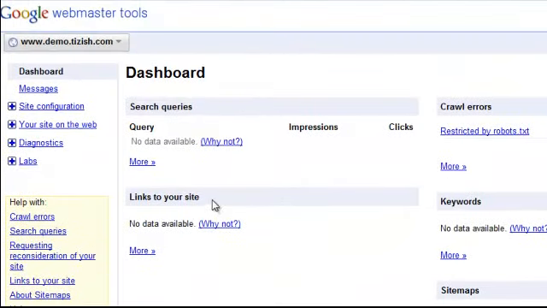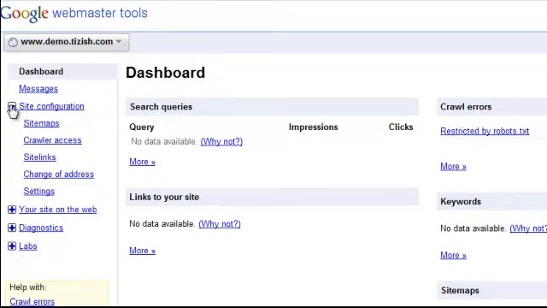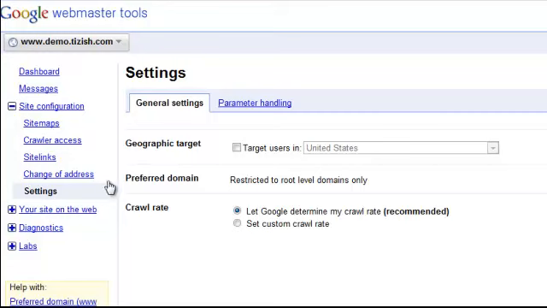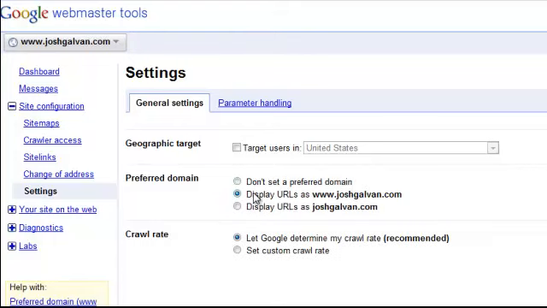And now here in the www version, we're going to click on Site Configuration, Settings, and then what you'll see here is the section called Preferred Domain. It's going to ask you, do you want to display URLs as the www version or as the non-www version? So what you want to do is hit the button that says display URLs as www, and then hit save